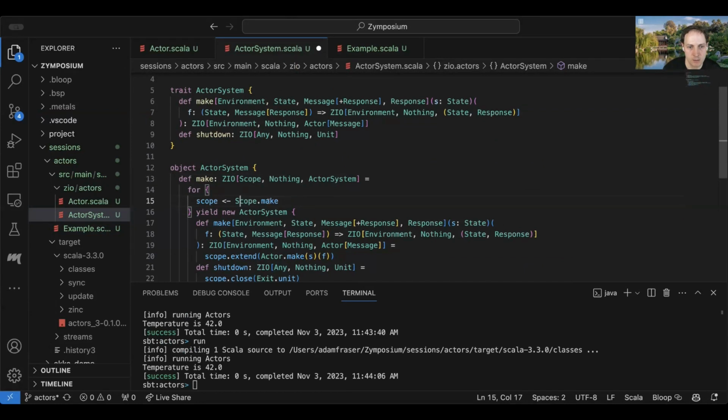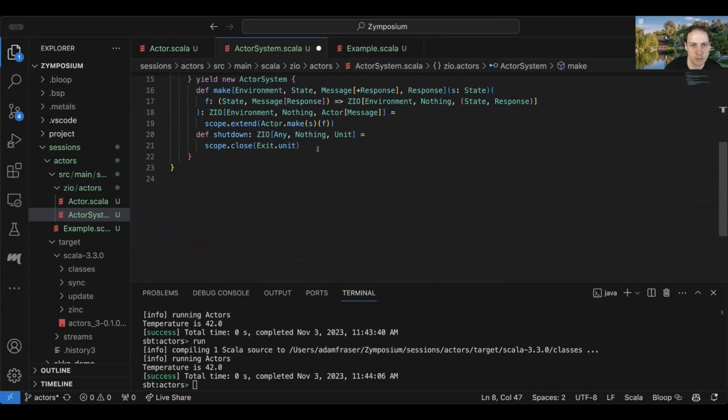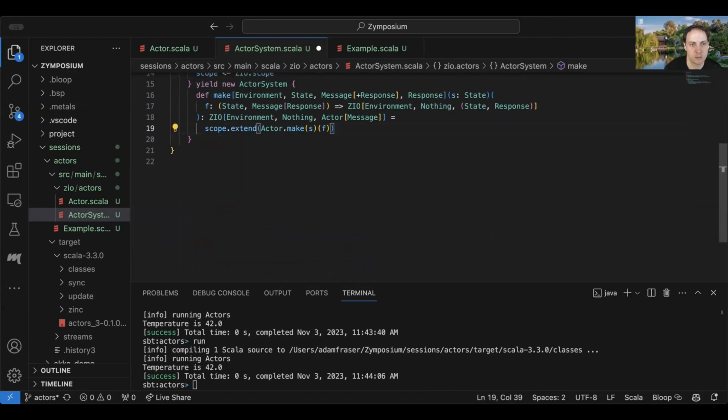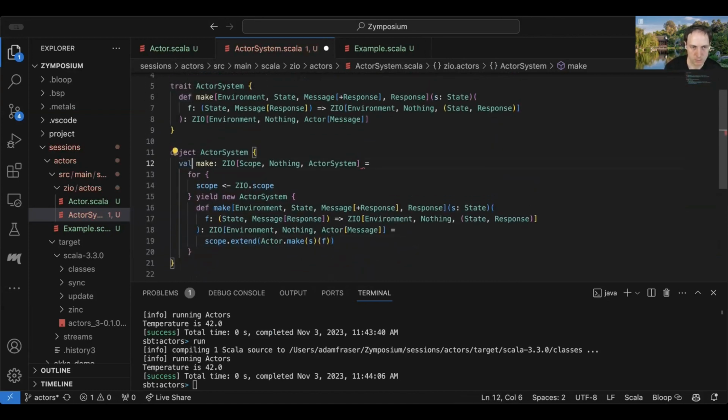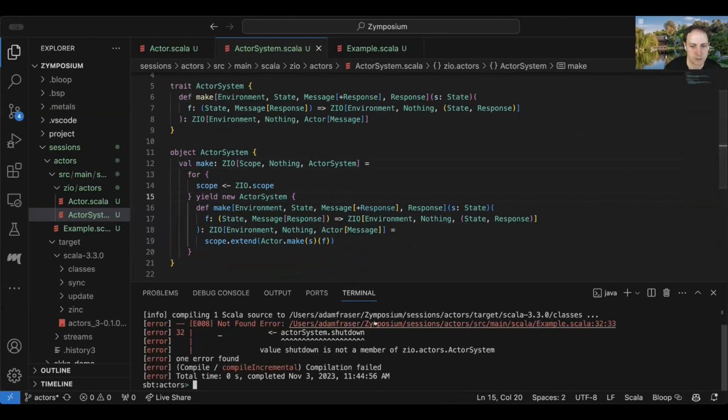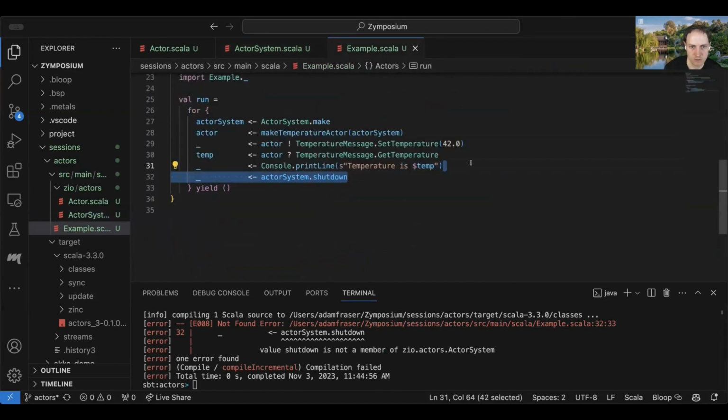And then here, instead of making a new scope, I could just access the current scope. And then I potentially don't even need this shutdown thing to be in the API at all. So now this goes away.